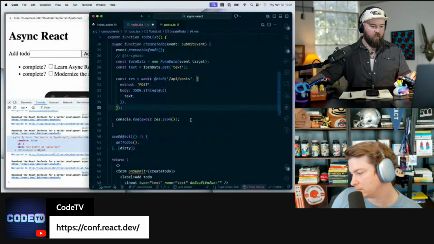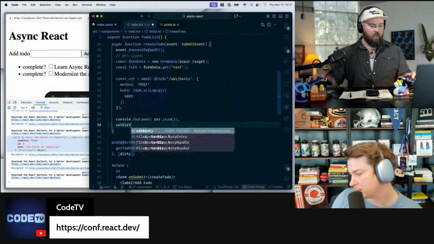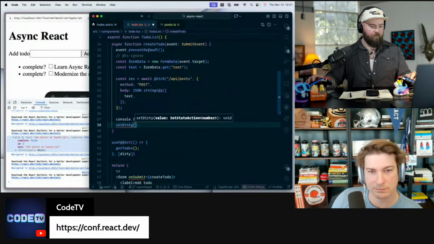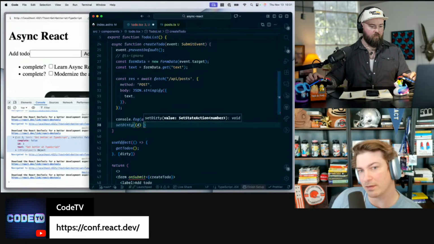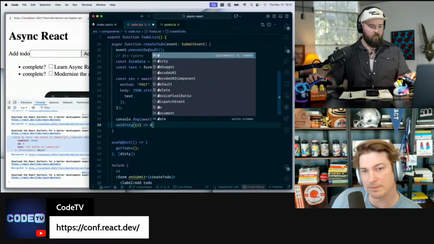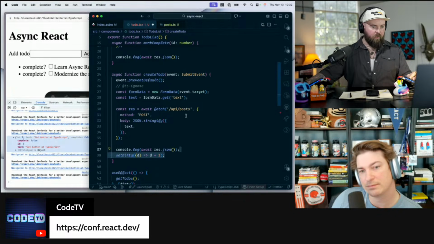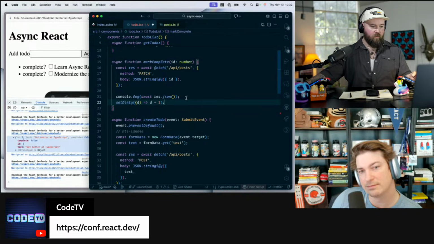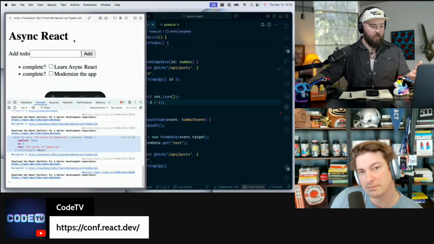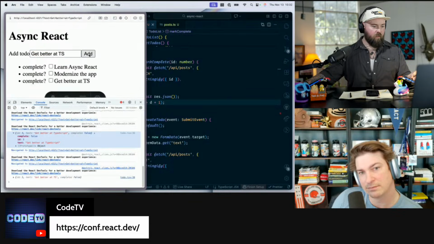And then we will set dirty to an updater, d + 1. Just copy that between our create to-do and mark complete so that we can then, theoretically speaking, get better at TypeScript. That's it.